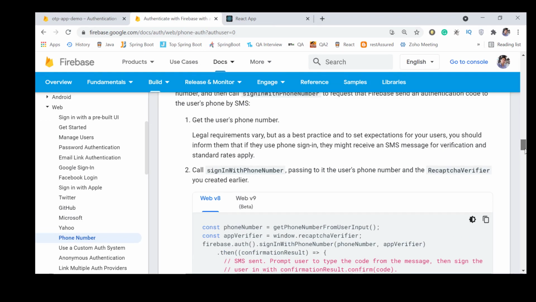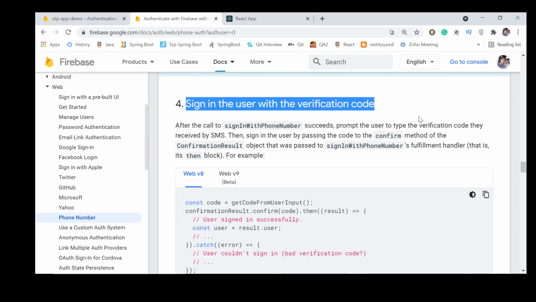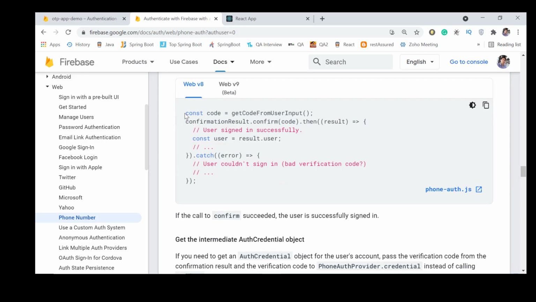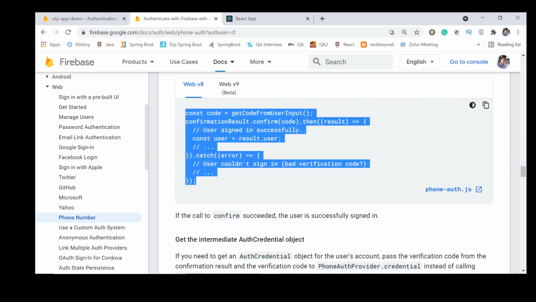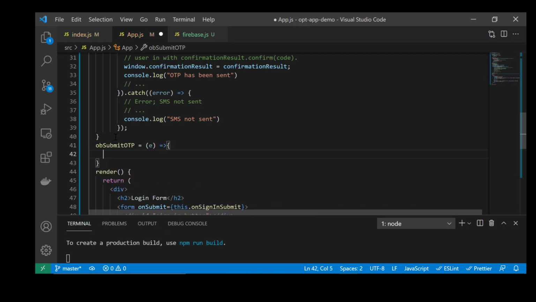Now step 3 is completed, and then we have to move to step 4, that is sign in user with verification code, that is OTP. For that we will just copy it and go into the program, and here I can write some method name. Let's say on submit OTP, and here I can say this is also e, and then we can use ES format,